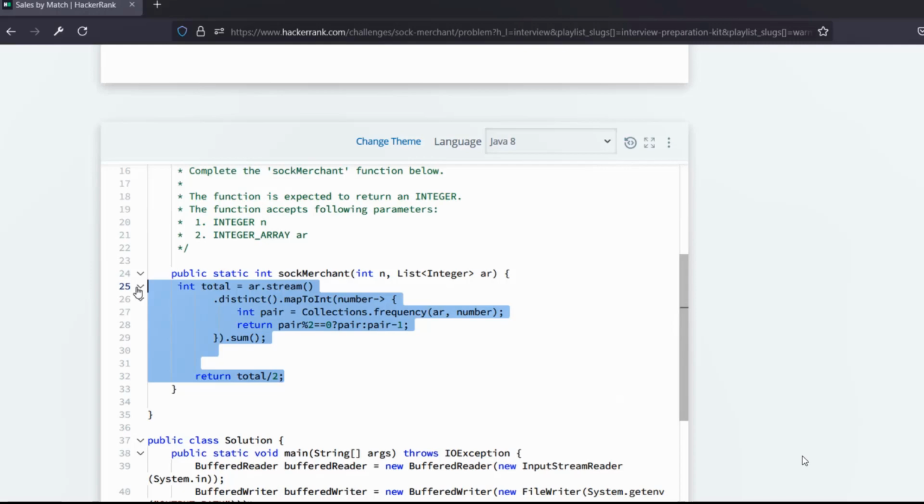After that I wrote my logic inside mapToInt, in which I first collected the count of those numbers, and if the count is even, it returns the exact value. If it's not even, then make it even by minus 1. And after that I used the sum method to return the total count of those even values. And after that I divided the total by 2, which gave me the number of pairs.